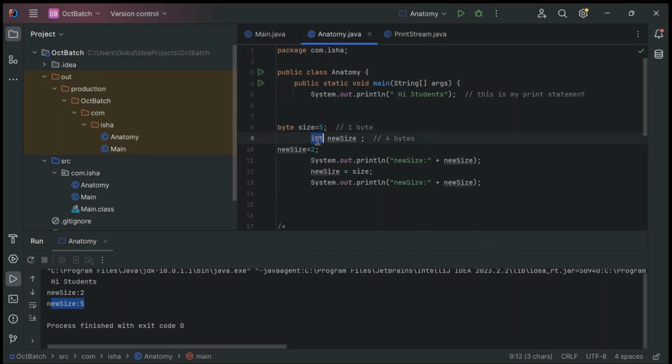int. So here, in this particular line alone, in the 4 bytes of data, the new size is an integer data type, right? So in the 4 bytes of data, I am going to push 1 byte of data, that is called this size